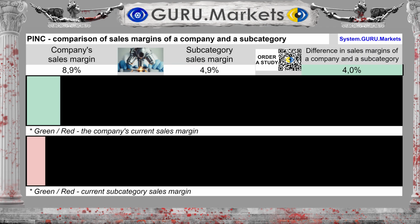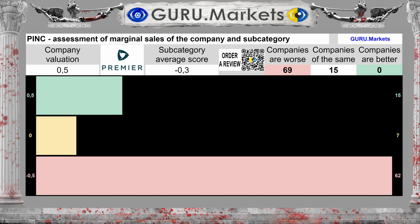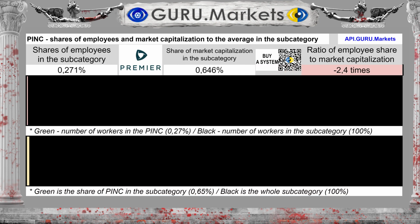Good, 0.5 points. The margin is 8.9%, with an average in the subcategory of 4.9%. The difference between the subcategory average and the company's performance is 4%. Assessment of sales margins in comparison with the indicators of companies in the subcategory: Good, 0.5 points. The company's share in terms of the number of employees in the subcategory is